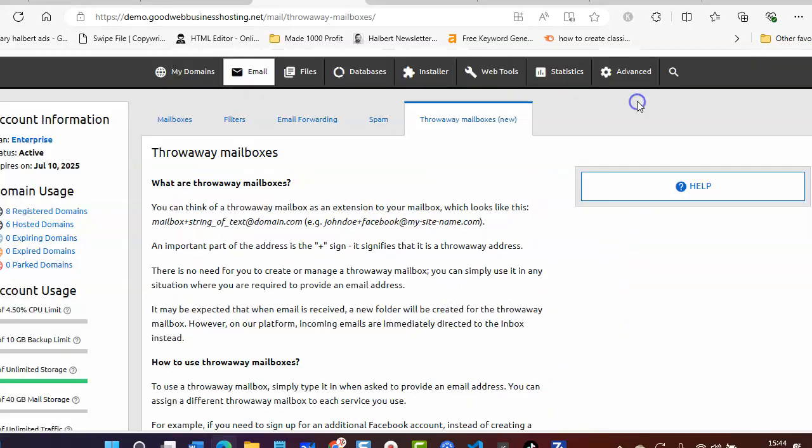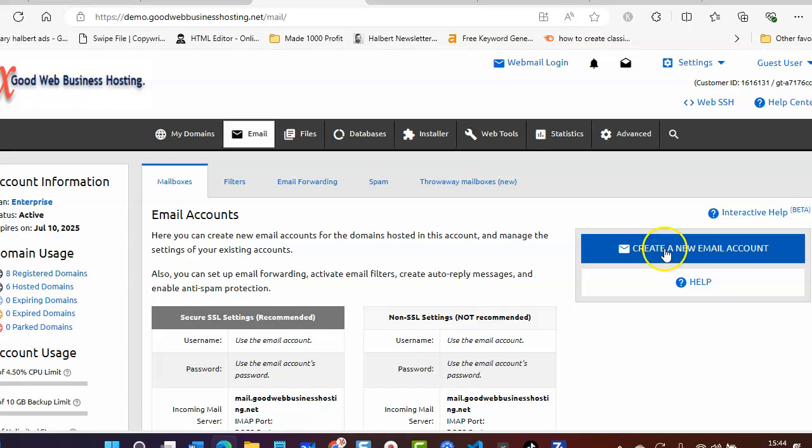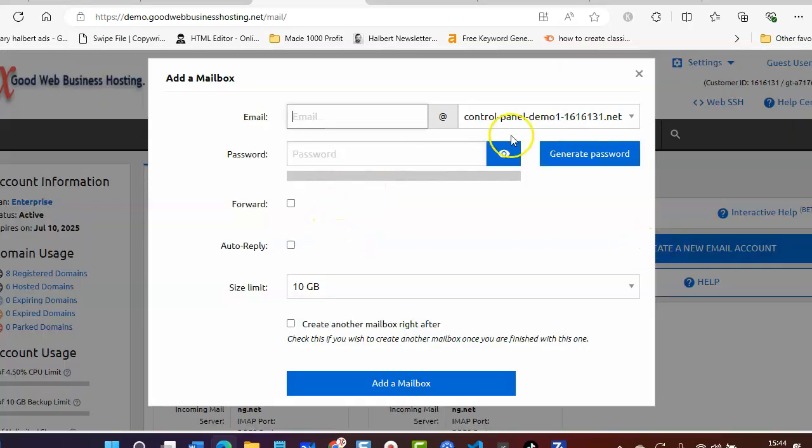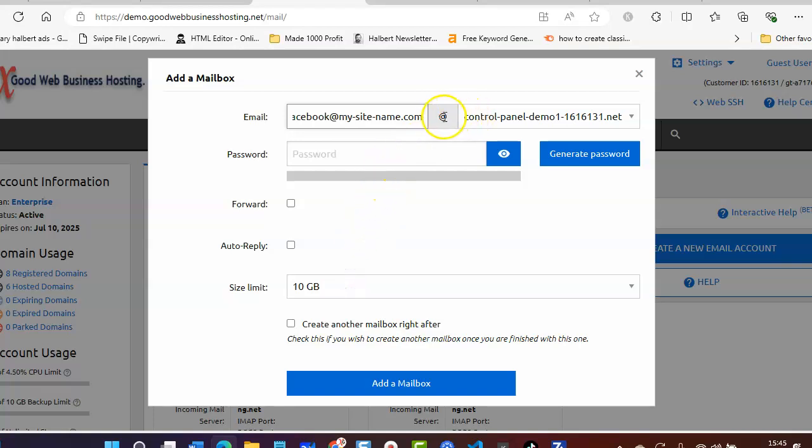So if we come out of that, go to mailbox, and then create a new email account, in your control panel you'll find the emails that you've already set up, and you can allocate your email to the email domain. So if I right click, paste that there. Now as you can see, this is at and then the domain, so if I just cancel that out there,